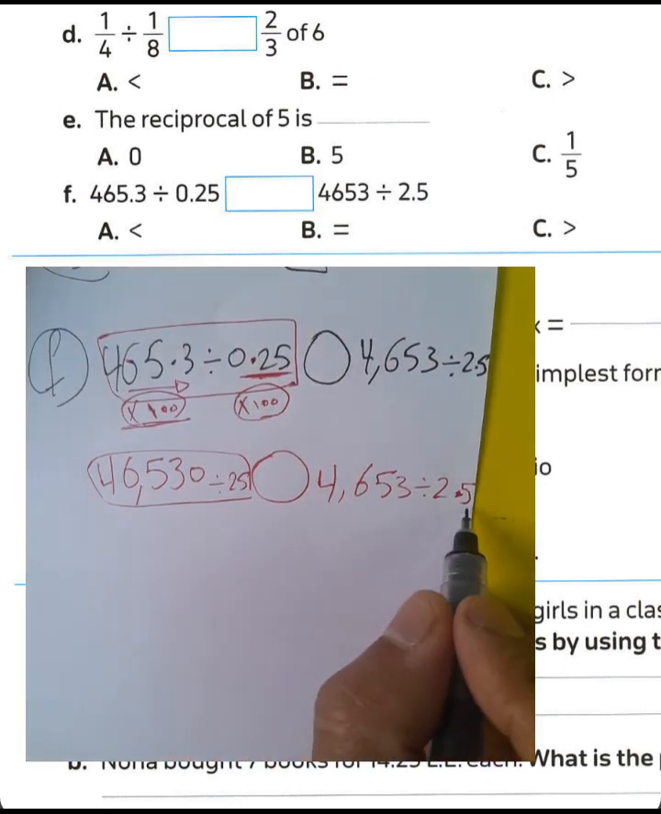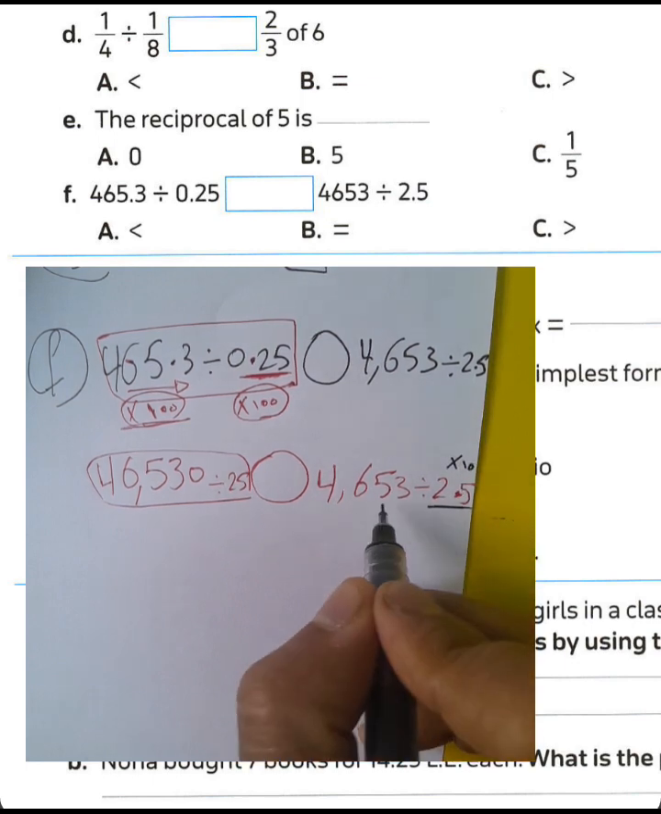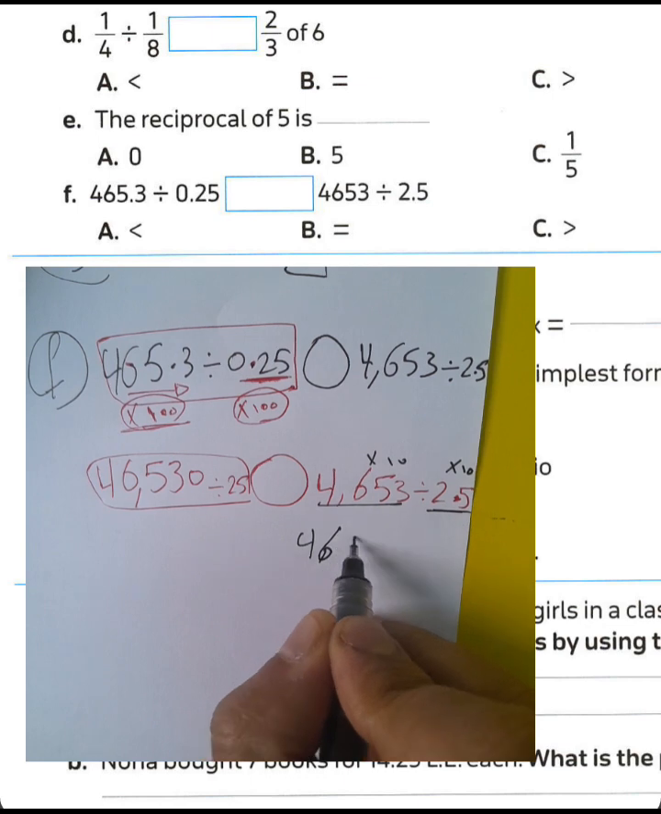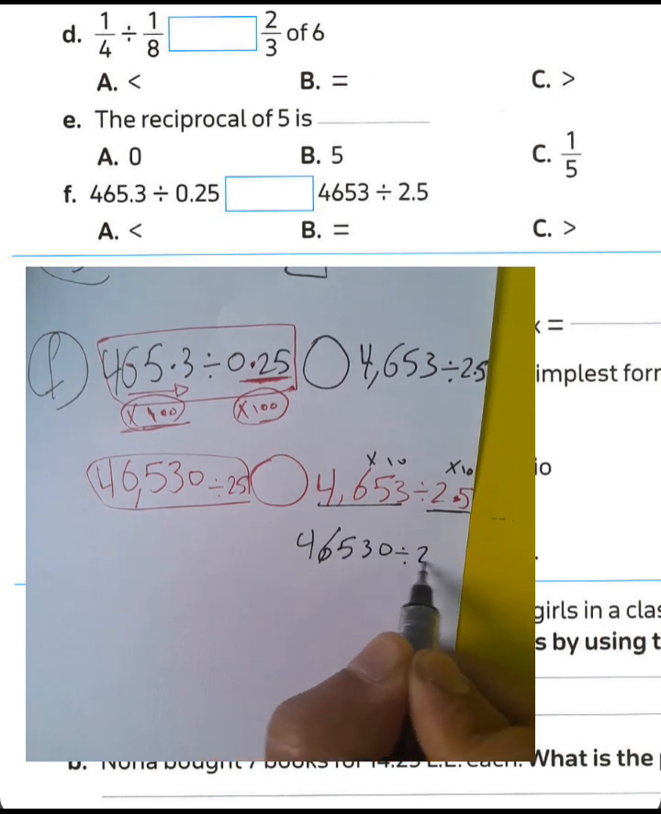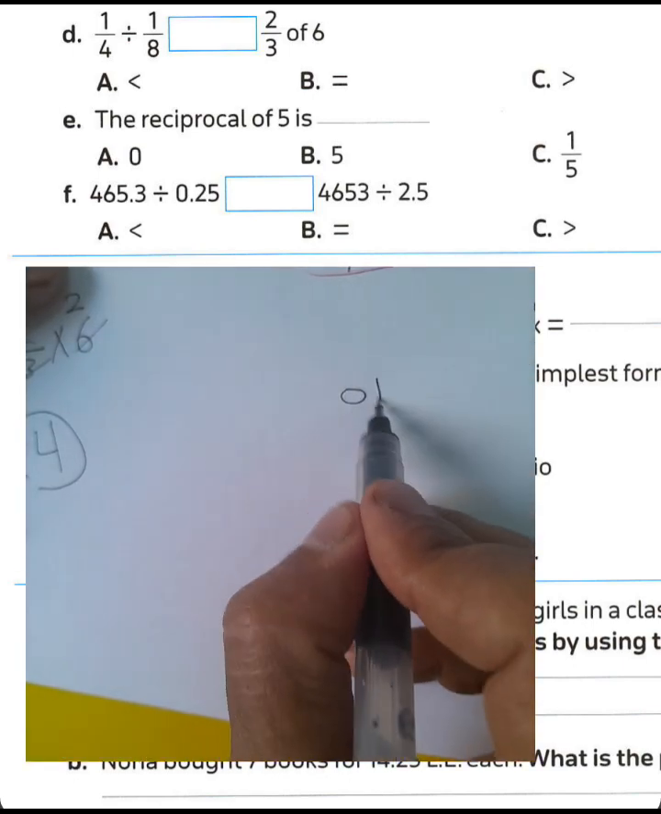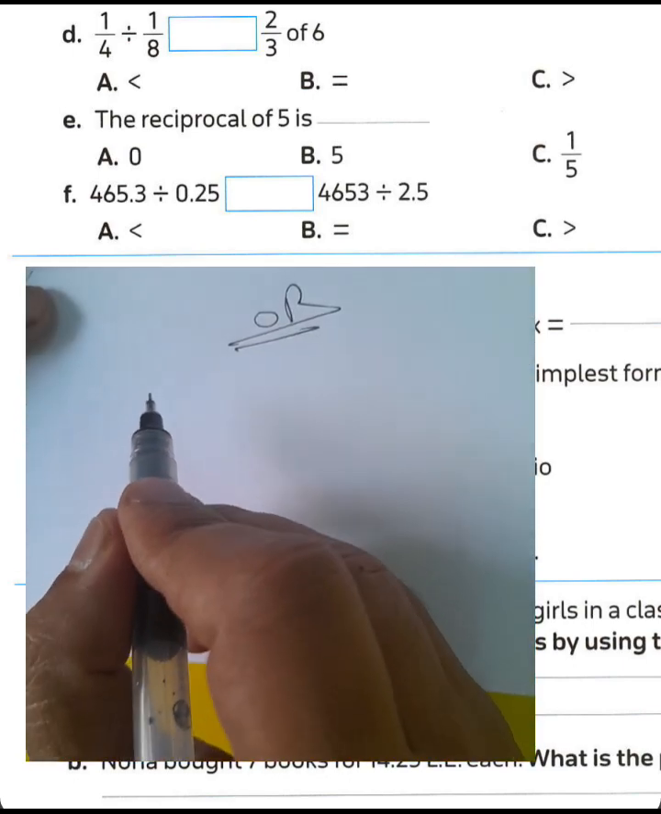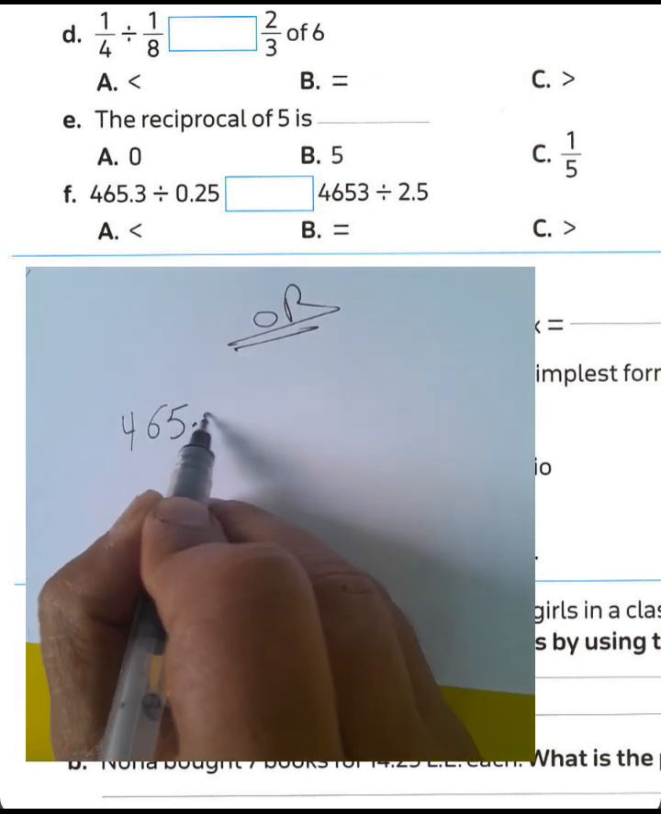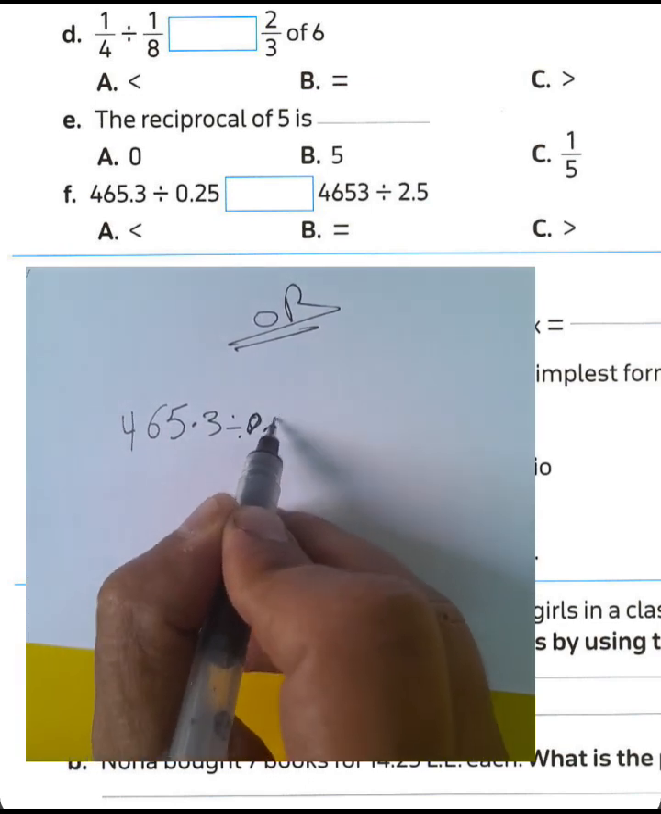Then multiply by 10 in the denominator and numerator. Then we can write 4,653.0 divided by 25. Then they are equivalent. Or you can solve in one step. You can solve the example how we have: 465.3 divided by 0.25